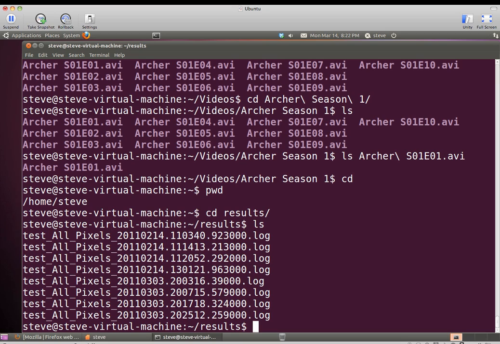They're just thrown in there to try to keep things unique, so that if I kicked off 4 or 5 tests, one right after the other within the same minute, or even within less than a second, I'd still have a unique name. The .log at the end is simply something that we use in our system to say it's a log file. It's kind of self-explanatory, but it's really there for human readability. It doesn't have any direct meaning to the system.